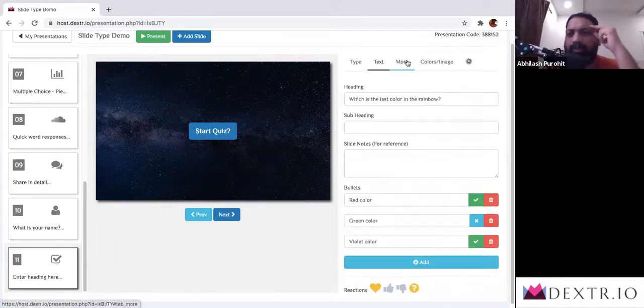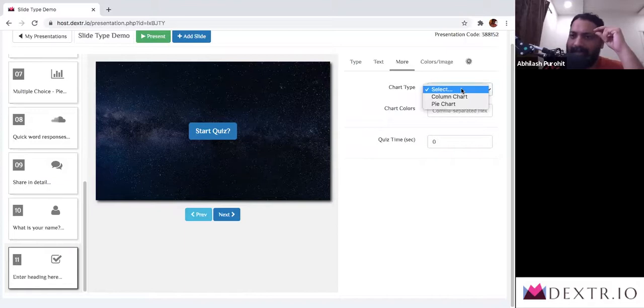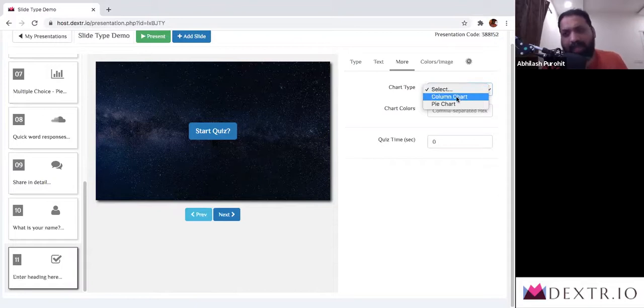and that final step is to click on more, and once again, select how you want to visualize the data. Do you want to do a column chart or a pie chart? I always like column chart, so I pick column chart. The second thing you have to do here is you want to select how much time you want to assign for your participant. I'm going to say 20 seconds is enough to answer this question. Remember, this number is in seconds, so you can click in this box and update it to any number of seconds. I've set it to 20, and in our practice, we have found that between 20 and 30 seconds is the right amount of time, but you can customize this based on your understanding.